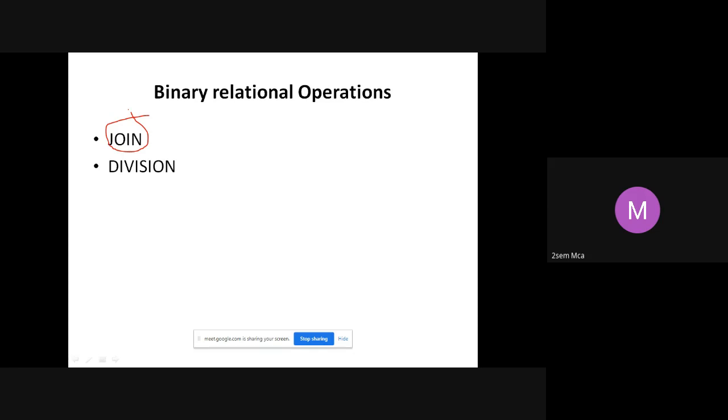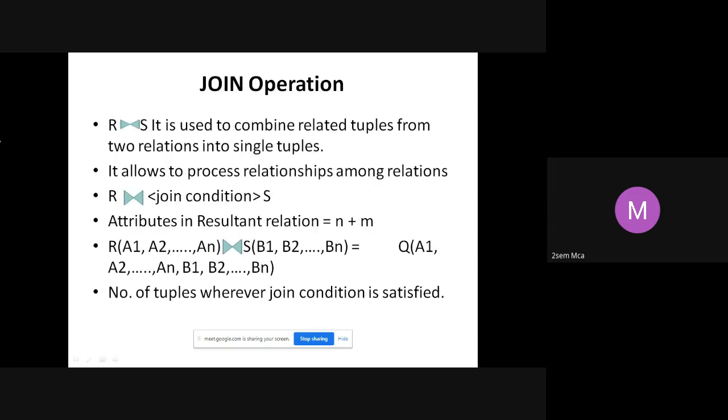Select and project, we saw two operations which were unary. That is, we applied them on a single table. This slide, I think we went up to equi-join, but still I will start from join itself so that if there are any clarifications, we can take it up again.